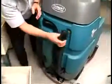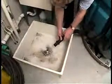Remove and clean the vacuum fan filter with a low-pressure water hose. After the tank is drained and cleaned, replace the recovery tank drain hose cap, mount the drain hose onto the mounting clip, and close the recovery tank cover. Remove the solution tank drain hose. While holding the hose up, remove the plug and then slowly lower the drain hose to the floor drain or